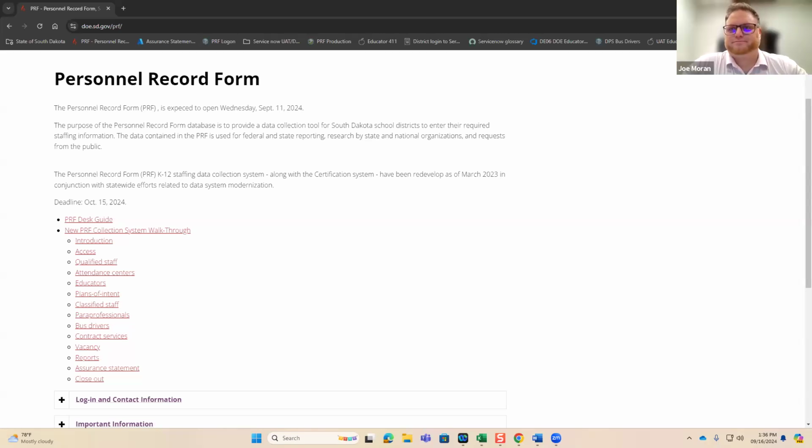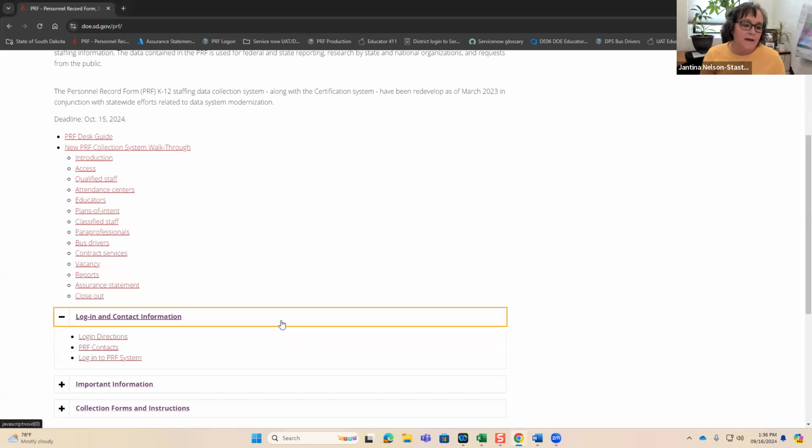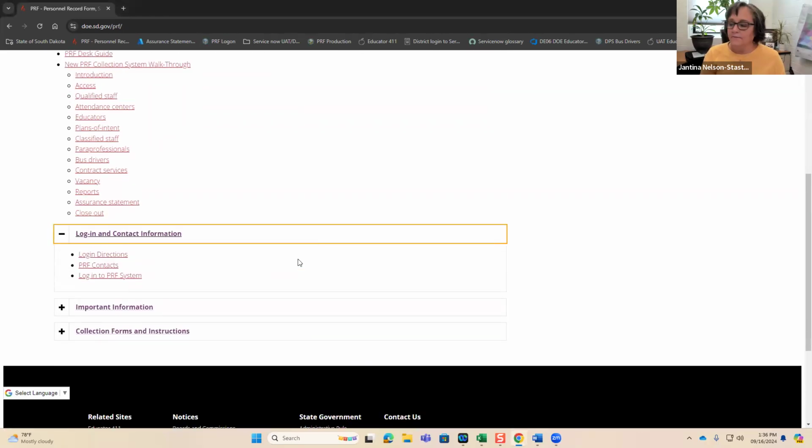Once there, you'll notice there are step-by-step instructions that have been developed to assist districts. The first breakout is for logging in and contact information. If you click on the login directions, it'll walk you through step-by-step.